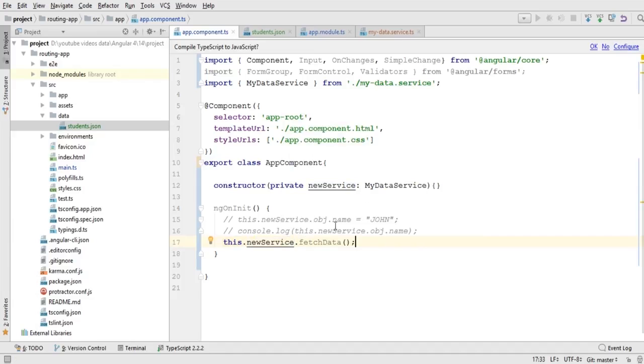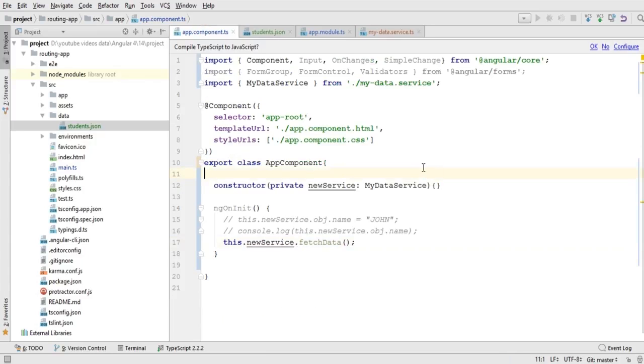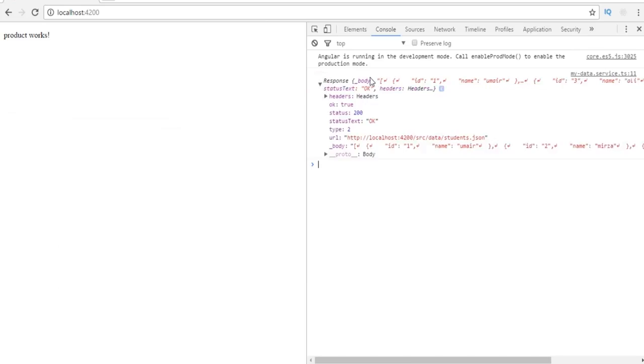So from this component I am calling that function which is written in my service, and when this is going to be called, it's going to get the data from this URL and print out that data in my console. So let's save this file, let's save this file as well, and let's go back to our browser, and as I saved this file, it reloaded the whole project, and we can see that we have got the response in this format, but we want to fetch the data